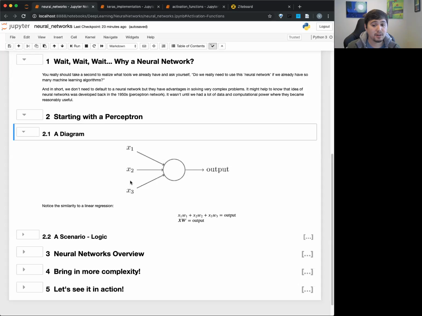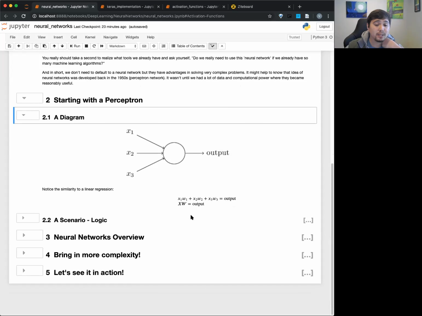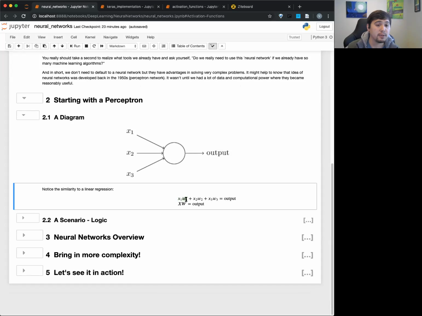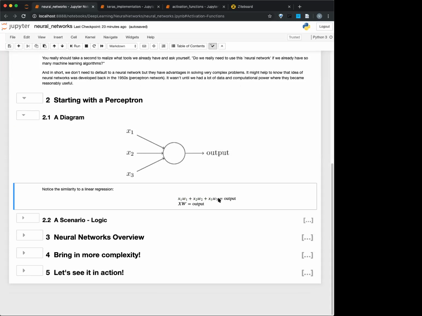And that's really what a perceptron is. If you think about this, this is really close to a linear regression. You remember in linear regression, we basically just had an x1, which is your column, times some value. Note that I'll put W1 for weight, which is pretty common. And basically we just add up those parts together, and that will give us an output. So that's more or less what a perceptron is doing.